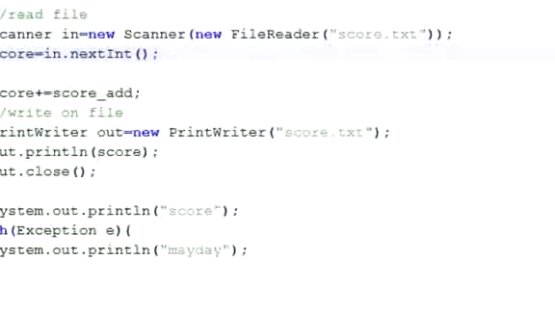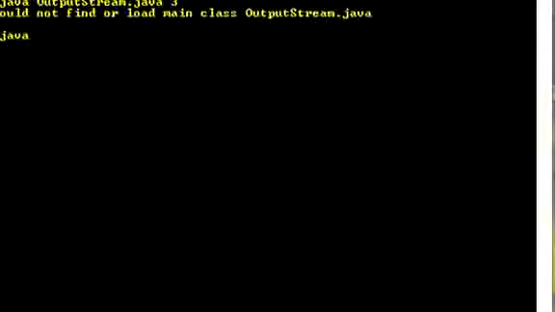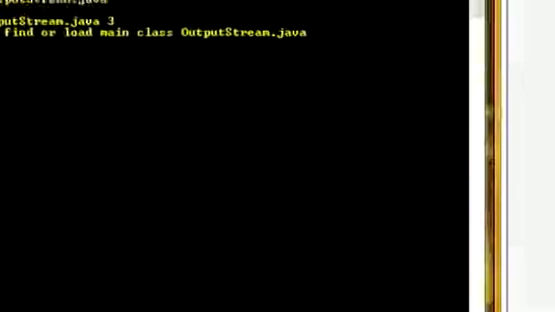So, compile it. Works fine. So if you look at score.txt, it says 5 right now. So if we run it, input 3. See, it says 8 because it adds 3 to our old one, 5, and it becomes 8. And if we try to open this, I get a message saying it's been modified, so I say I reload it, and it should say 8 right here. And yes, it does. So we can continue on,